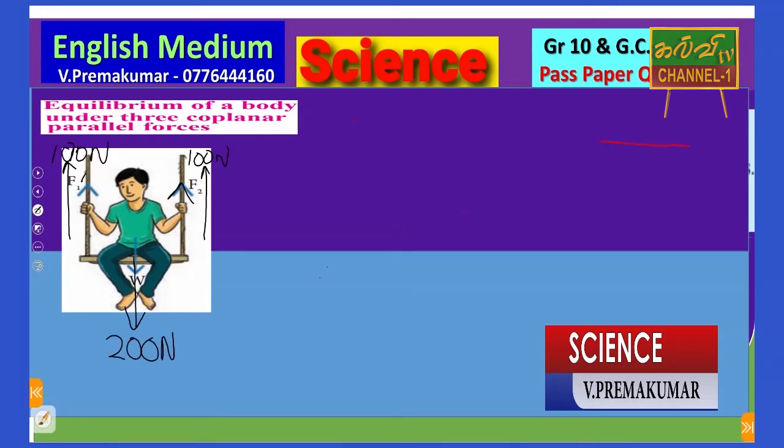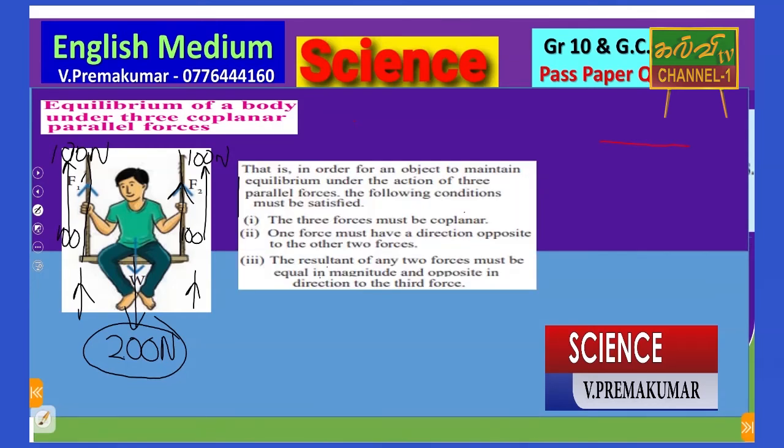When it is in parallel, each and every tugger here shares the half of that. 200 is half, 100, this also 100. That is, in order for an object to remain in equilibrium under the action of three parallel forces,